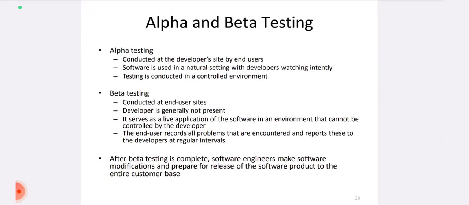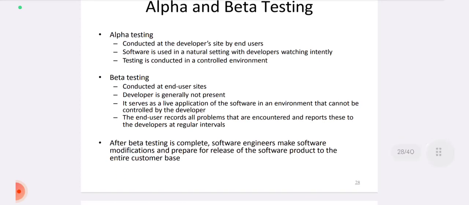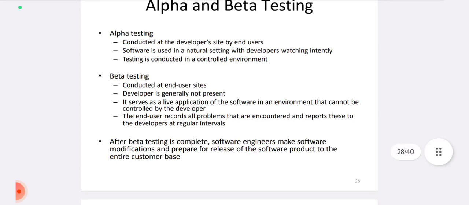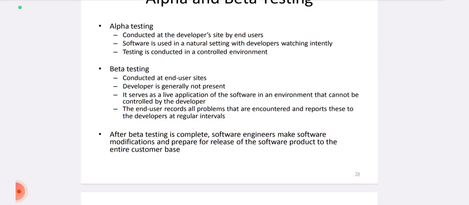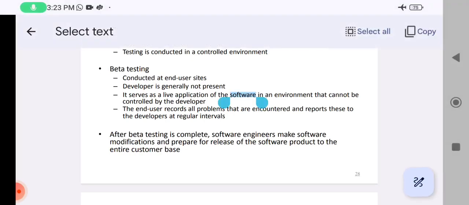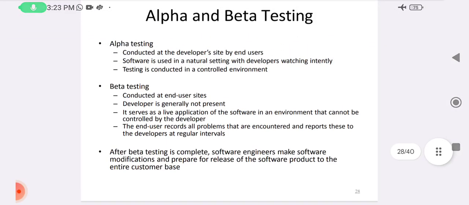So in validation testing, we are having two types, alpha testing and beta testing. Alpha testing is tested in developer side. So in developer location it will be tested by the end user, either by customer or by the end user. So while the end user is testing the software, the developer will accompany him so that he will easily test the software, and also the software is in controlled environment, because whatever the development environment, there the software is tested, right,